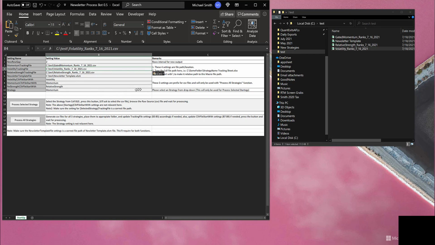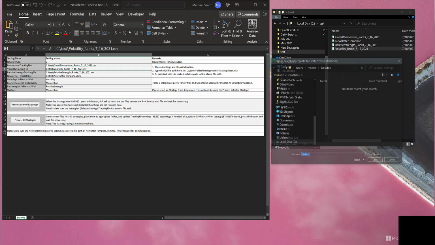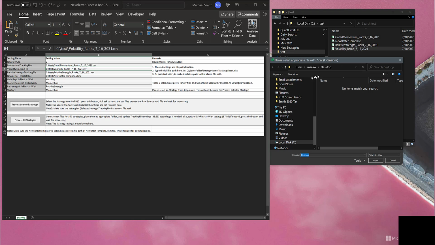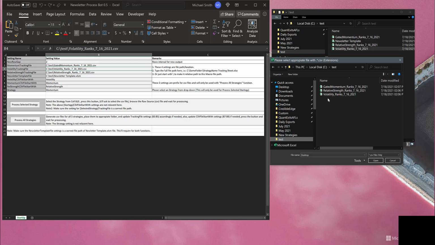Okay, so now I'll try momentum again, and this time I'm going to give it my output files as a reference,